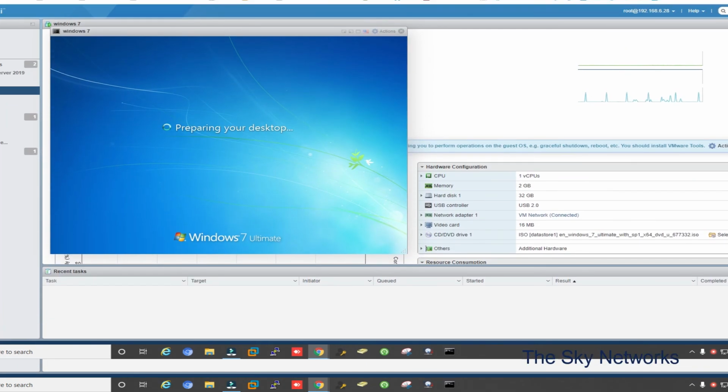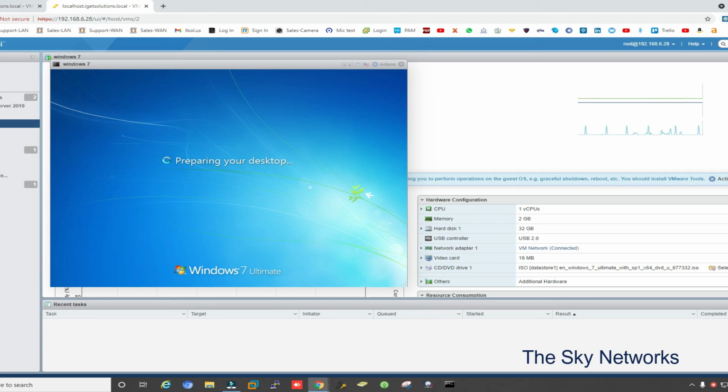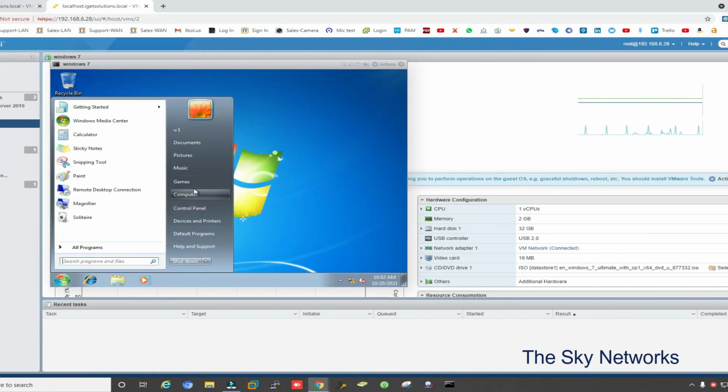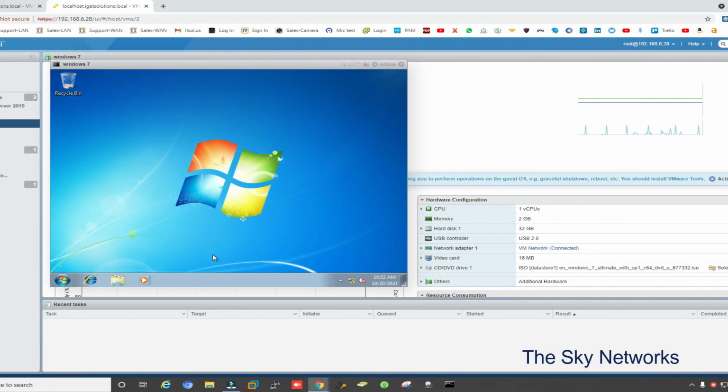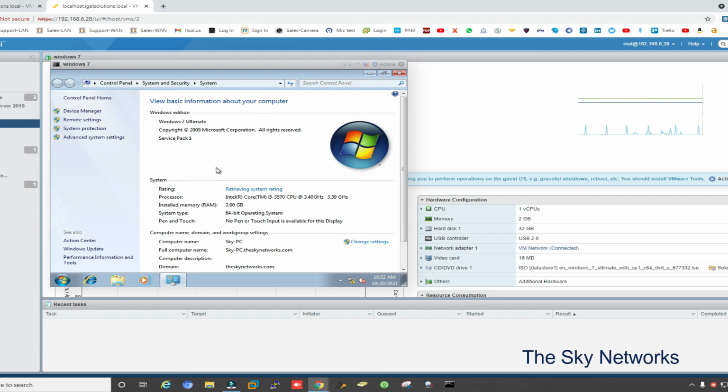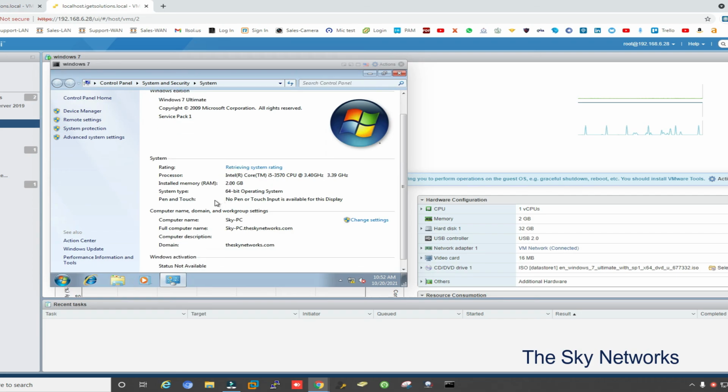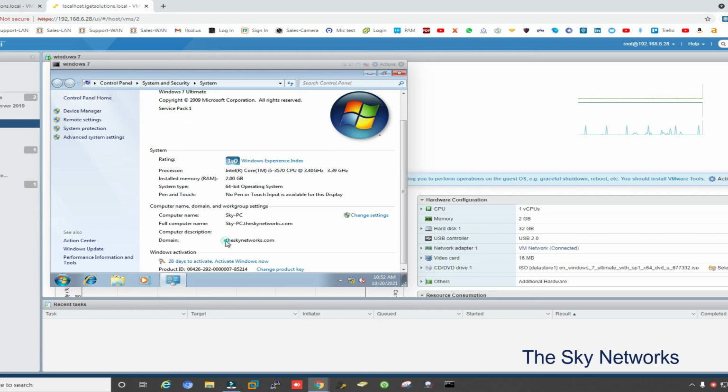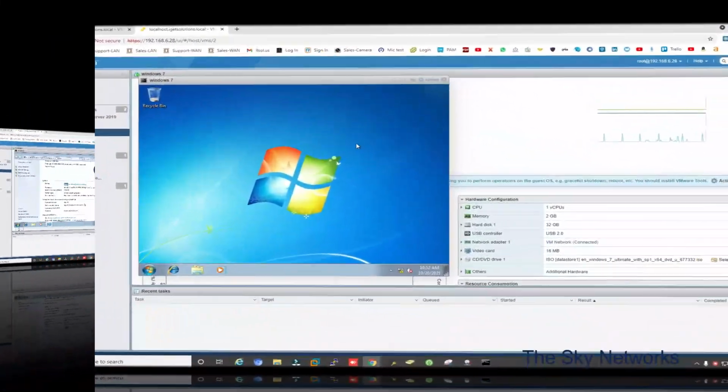The first time it will show Preparing your desktop when you log in to a new workstation. Computer is okay. We will go to Properties. See, this is in the domain theskynetworks.com. Successfully joined our system